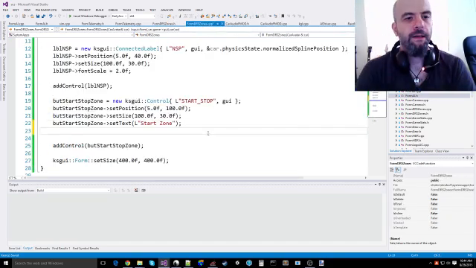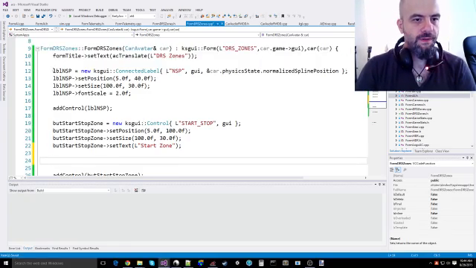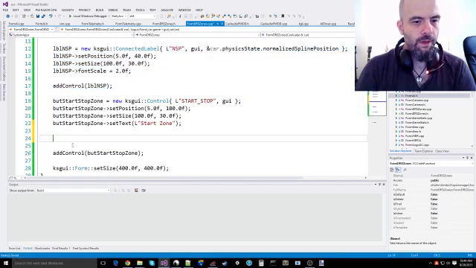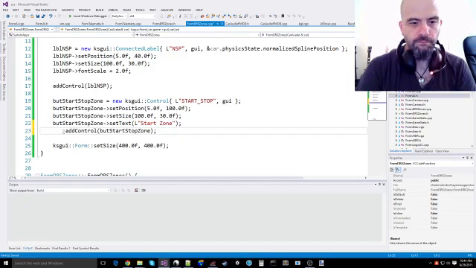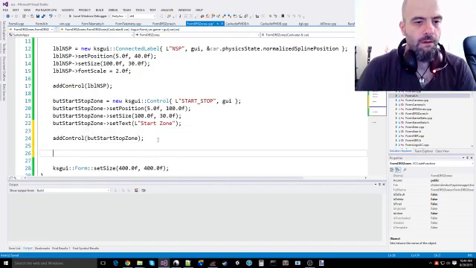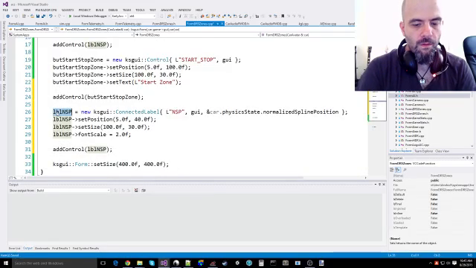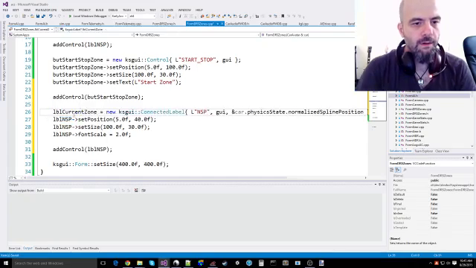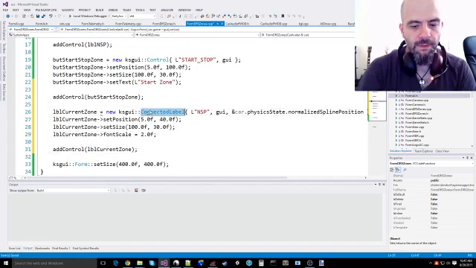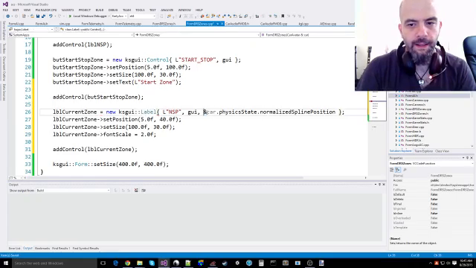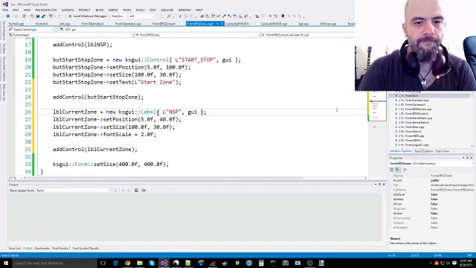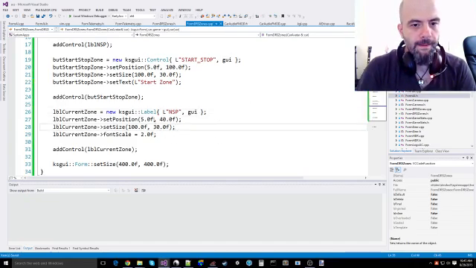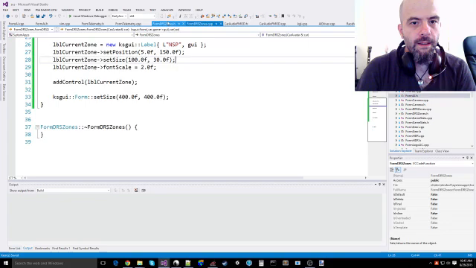So what is happening here is, let's create first the label where I will put the thing that it is doing at the moment. So label current zone. There's a label, and there's nothing connected to it. Okay, and it's at 150. It's got scale 2. Okay, and then when I do render,